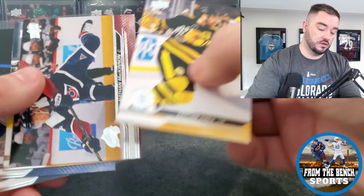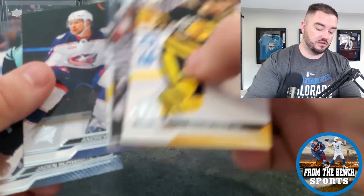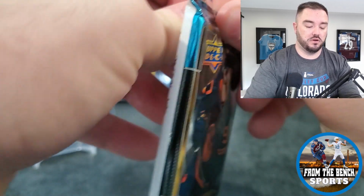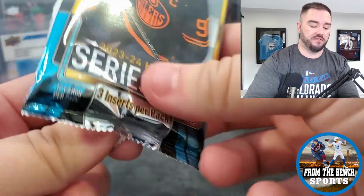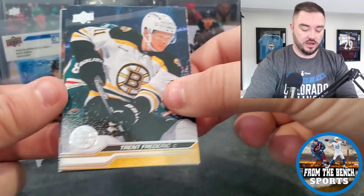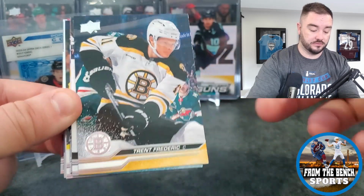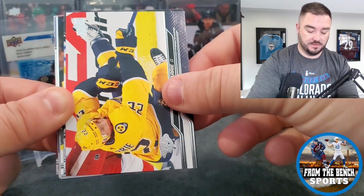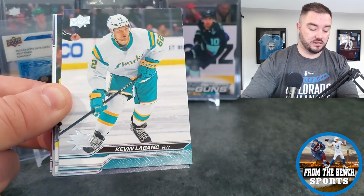Taylor Hall, Nate MacKinnon, Hampus Lindholm, and Schwartz. Colorado beating up on the Kraken last night, winning 4-1. Big game from Georgiev. Big game. That's what you need to see. Just need to see it in the playoffs too. Trent Frederic, Matt Benning, Tyson Barrie, former Avalanche, Kevin Labanc,